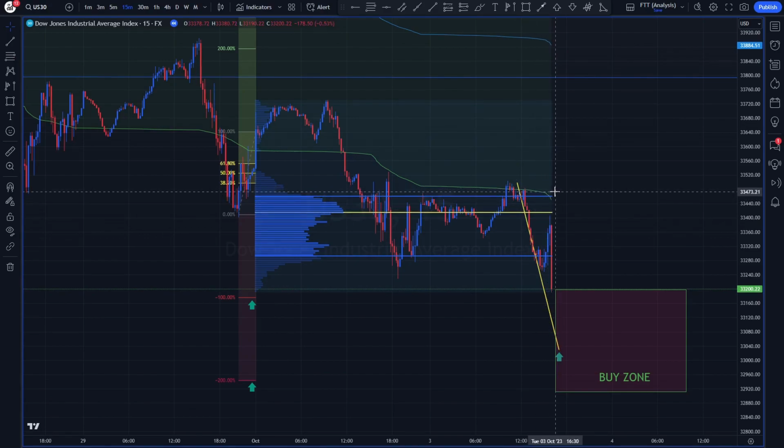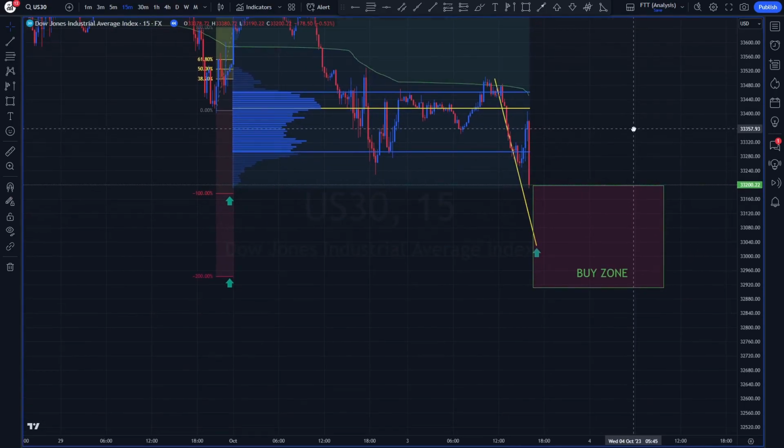And with a point of control test already in place, the next attempt by buyers to break through could see them head for the liquidity above. And that is where I would like to target my long positions around the price of 33,520. The family strategy works well in this case because if the price continues to fall or stagnate, a pivot